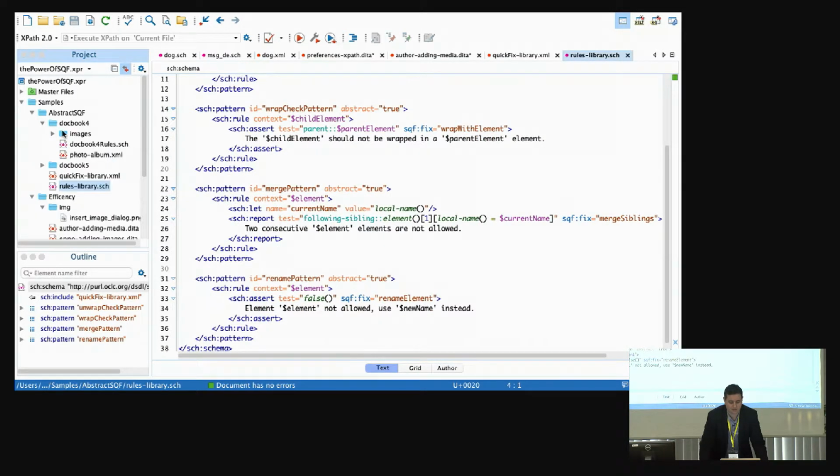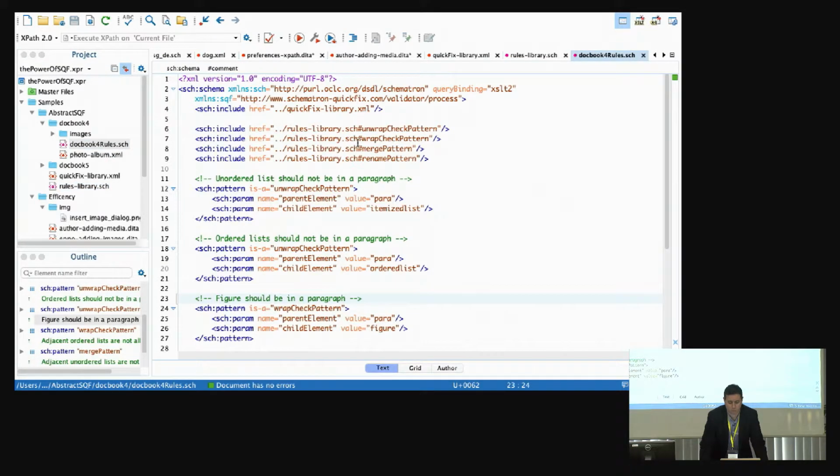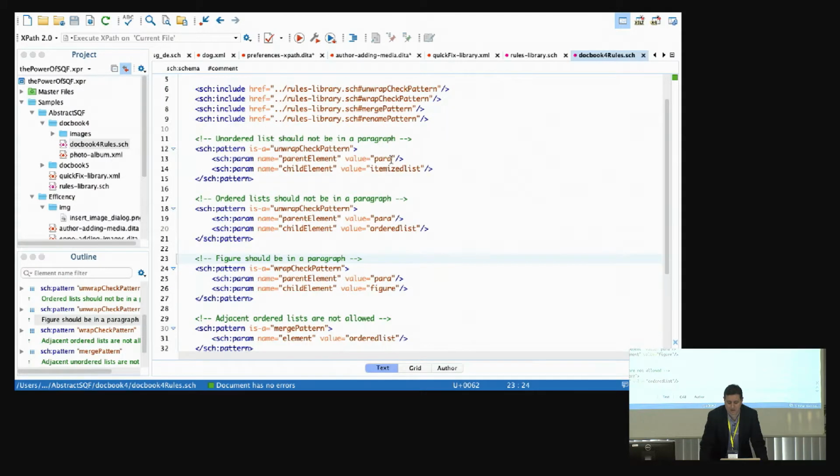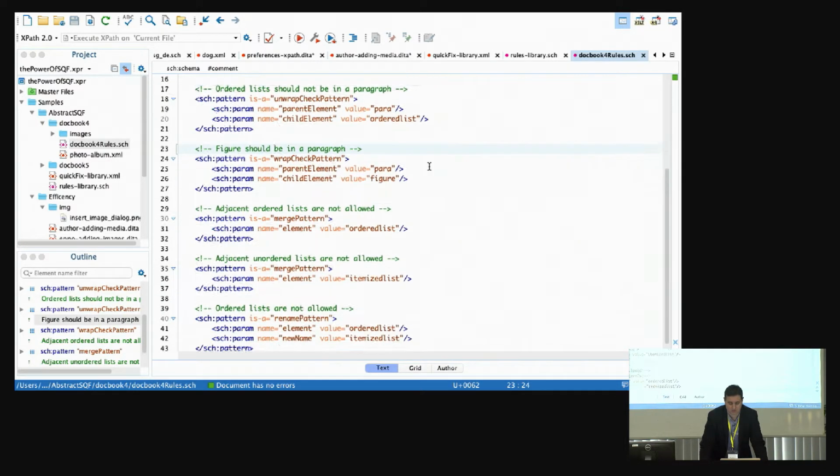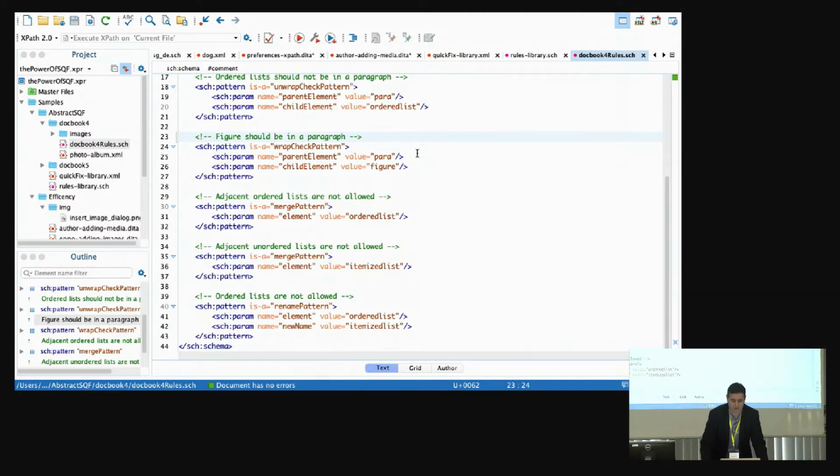And these can be instantiated for different languages. I tested, for example, for DocBook 4. And then I can have actions that will unwrap, for example, an itemized list, or an ordered list, or a figure will be wrapped in a paragraph. So you could have actions like,